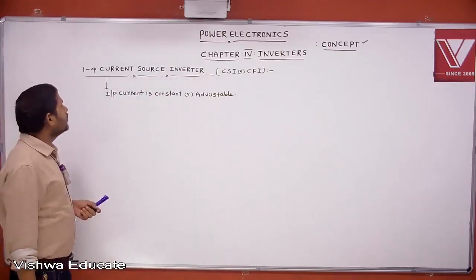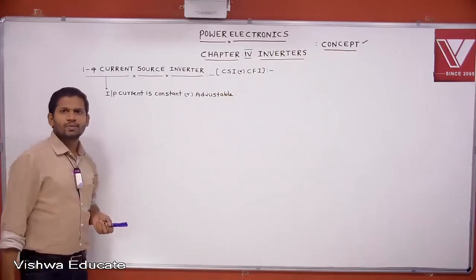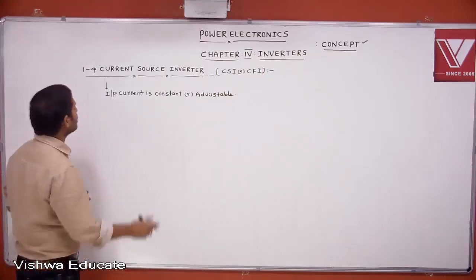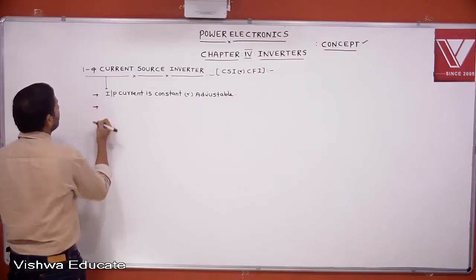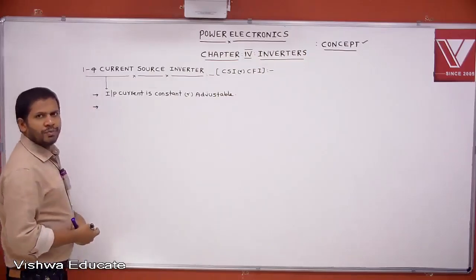That is, input current is constant or adjustable in the case of a current source inverter. That you know. But point to remember,